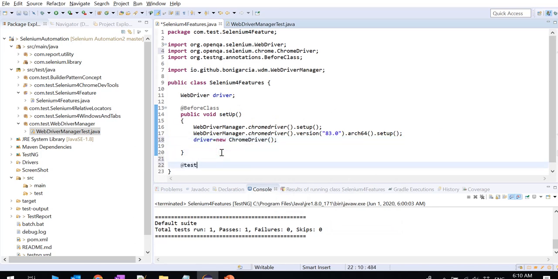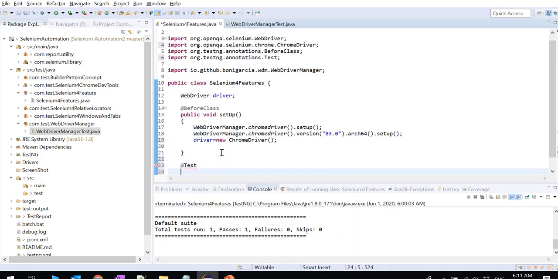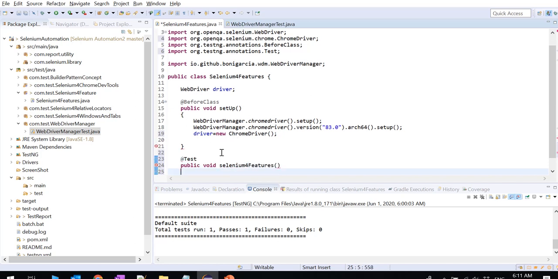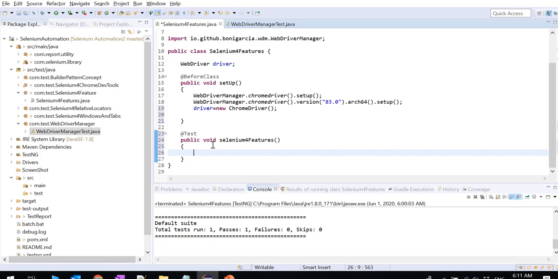Now I'll create a test. I'll say public void Selenium 4 features. I'll create this method. First I'll talk about capturing a screenshot.